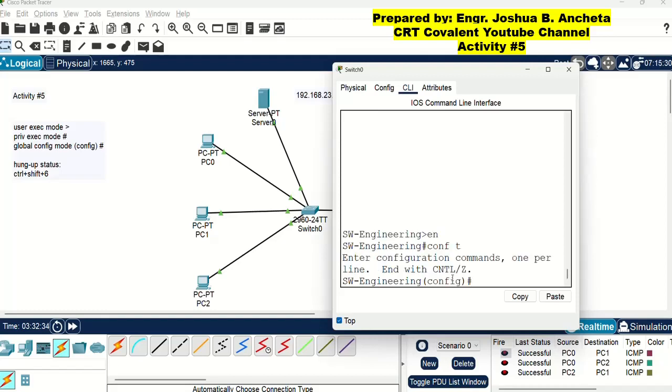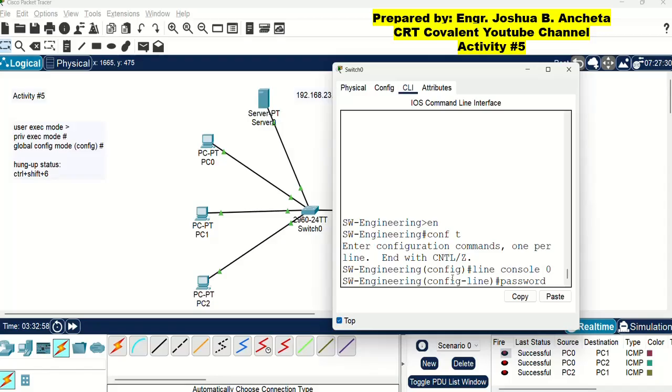and type line console 0. Then you can now put a password to enter the user executive mode. The command is password, space, then your desired password. You can use any.